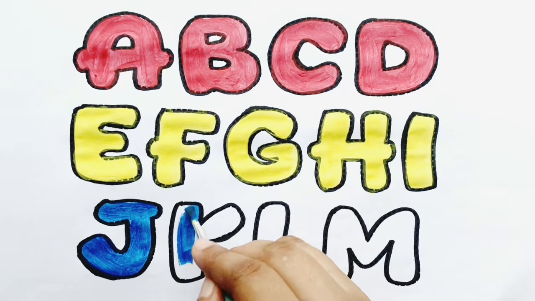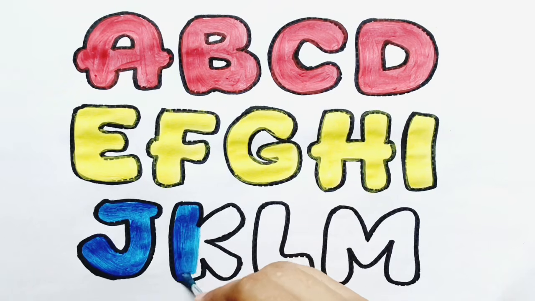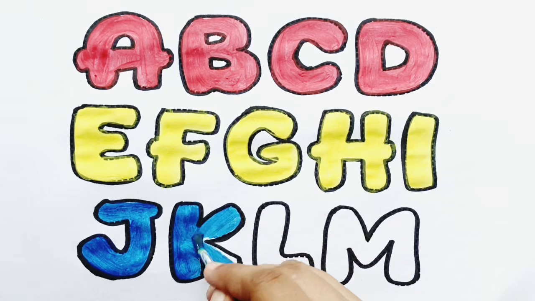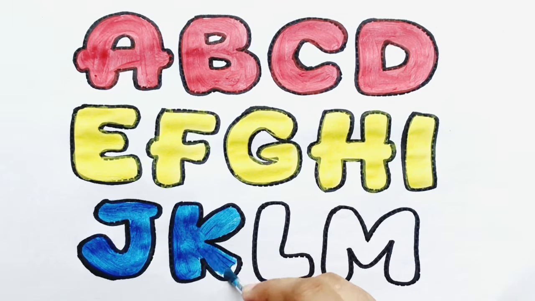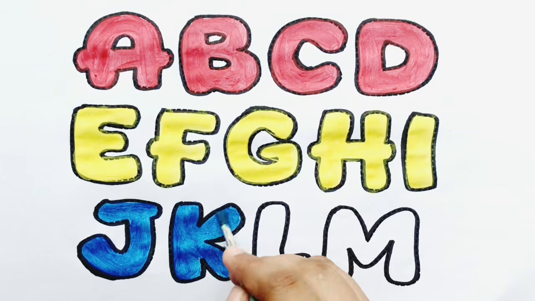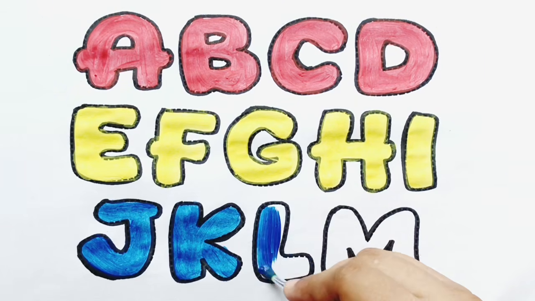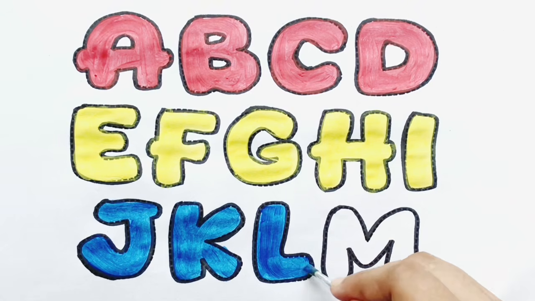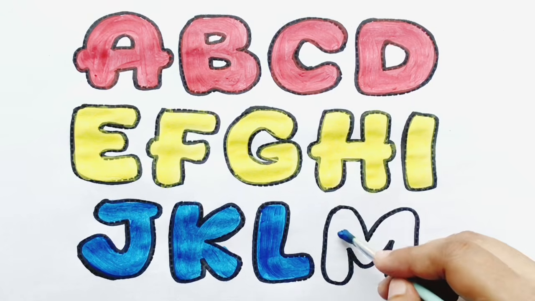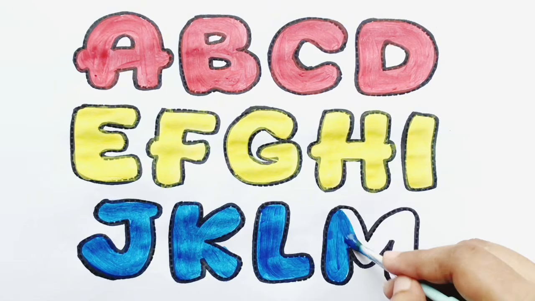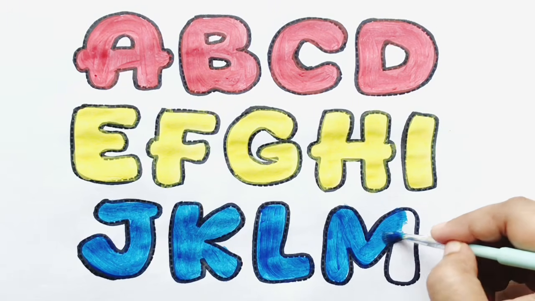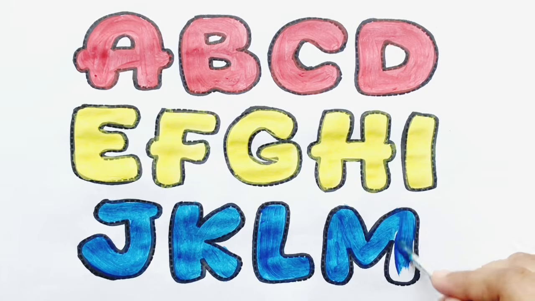A, B, K for kite. C, F, G, H, I, J, K, L, M, N, O, P, Q, R, S, T, U, V, W, X, Y, and Z. L for lamb. My ABCs. Next time won't you sing with me? A, B, M for monkey. E, F, G, H, I, J, K, L, M, N, O, P, Q, R, S, T, U, V, W, X,